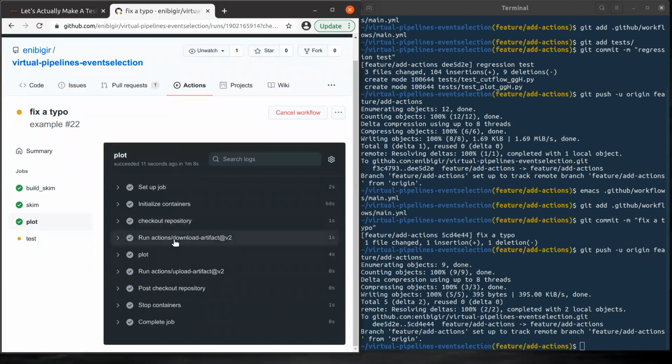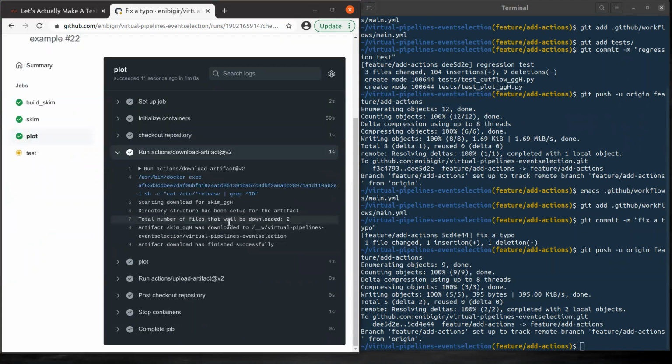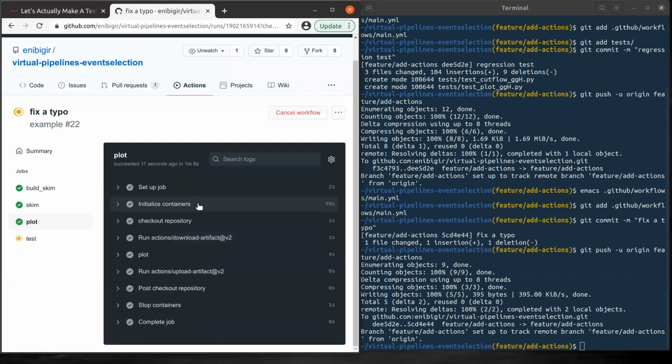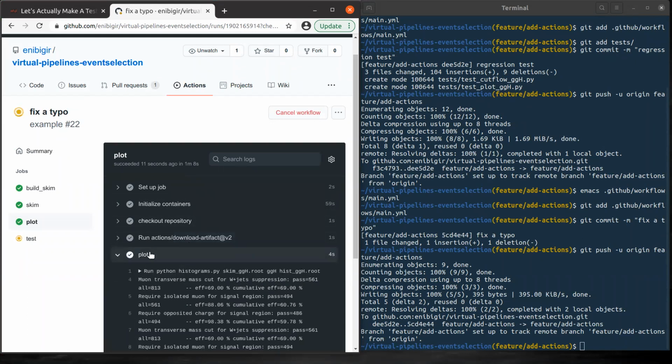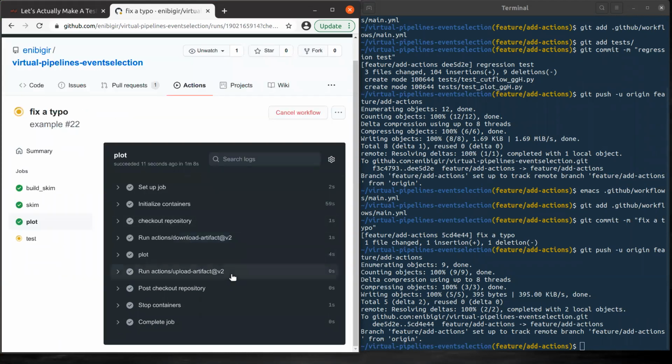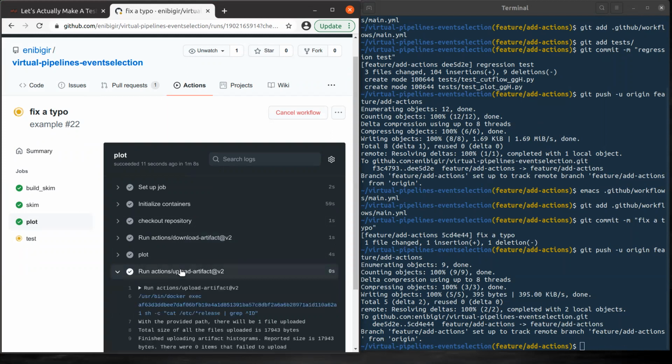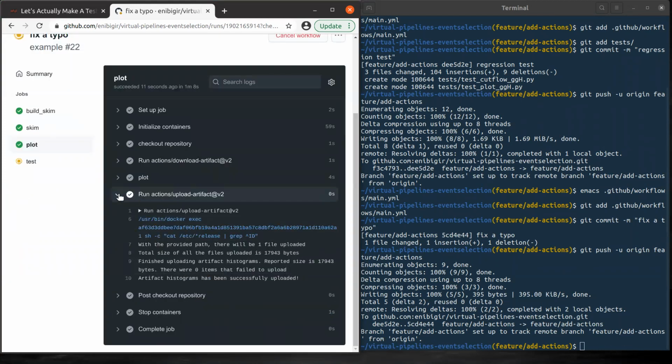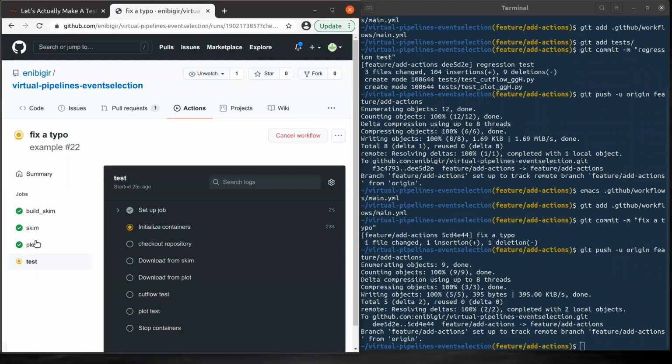Okay, so check again, download. Fine. Check plot. It's fine. Upload. Okay, we can also look at the test that we requested. So we have cut flow test and plot test.